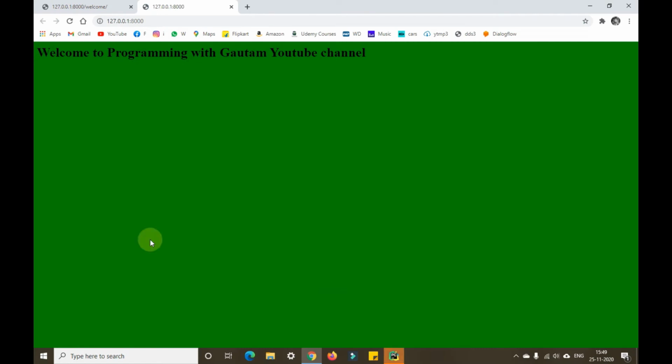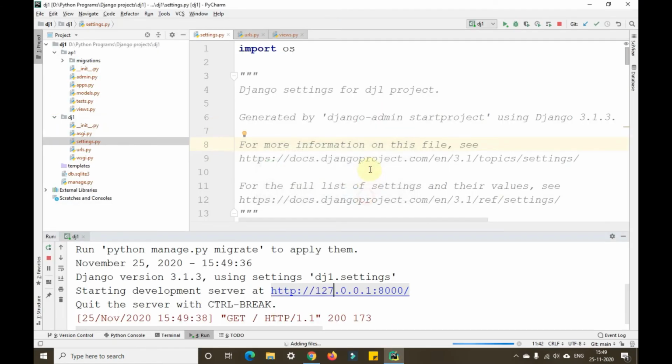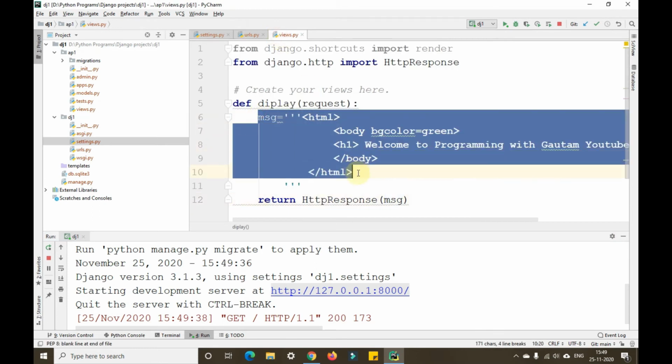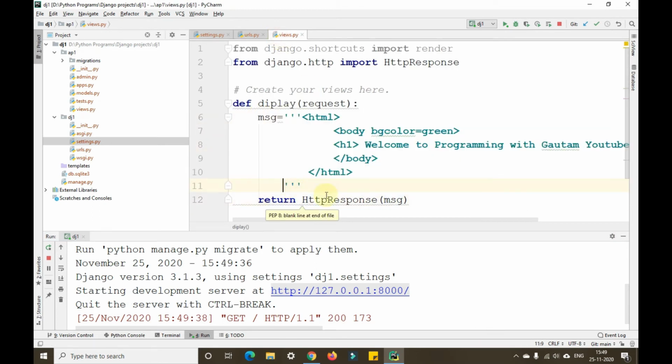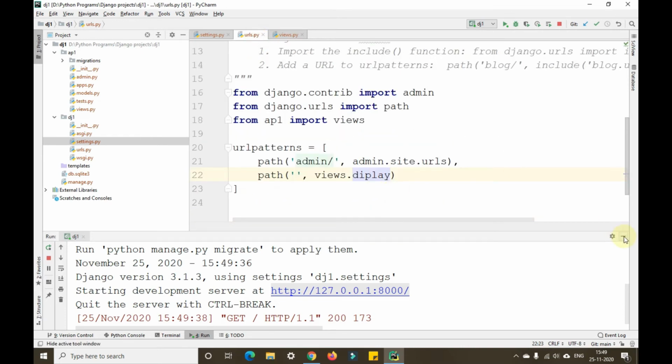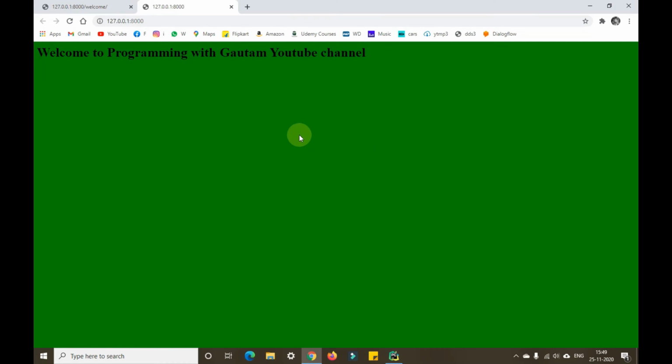So you can see I have just written some HTML code in this particular message, and I've sent that as a message into this HttpResponse, and to this URLs I've sent it as a message here. The moment I run this particular project with an empty path, I am getting this particular page.